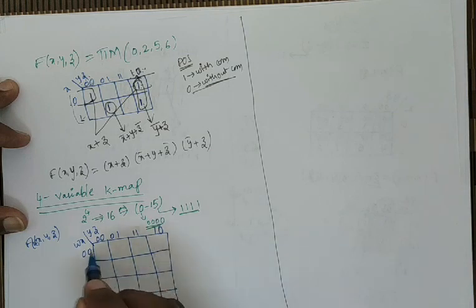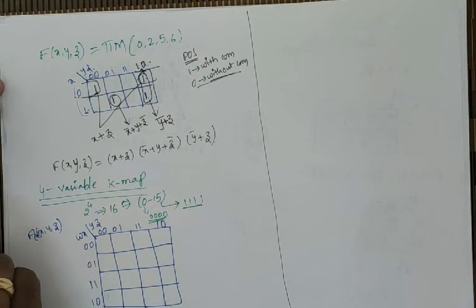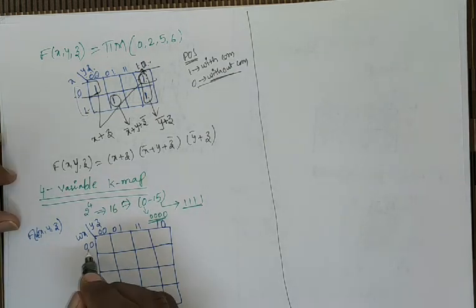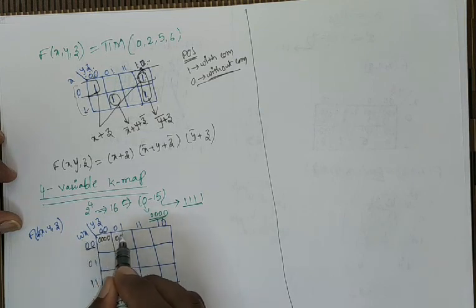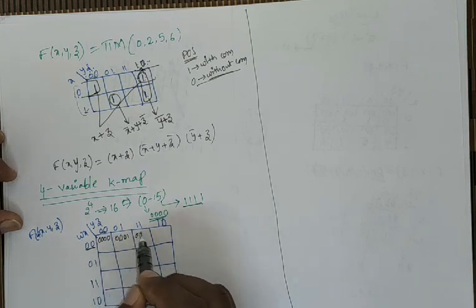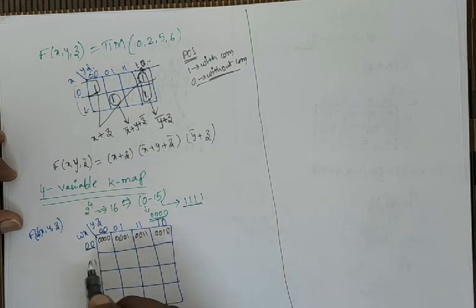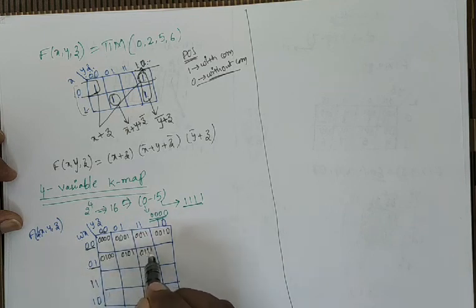According to the rows and columns, we represent the places of the minterms or maxterms. Suppose the row indicates 0 0 and the column indicates 0 0, so this is 0 0 0 0. Next, this box has row 0 0 and column 0 1, so 0 0 0 1. Similarly row 0 0 and column 1 1 gives 0 0 1 1, and column 1 0 gives 0 0 1 0. Then row 0 1 with column 0 0 gives 0 1 0 0, and the same row with the other columns gives 0 1 0 1, 0 1 1 1 and 0 1 1 0. For the row 1 1 with column 1 0, this box indicates 1 1 1 0.